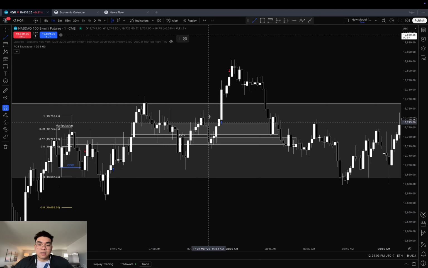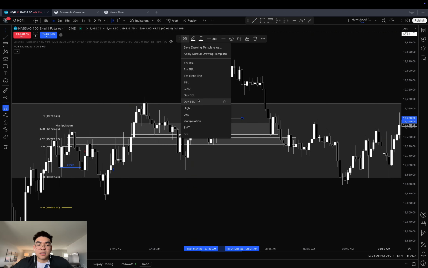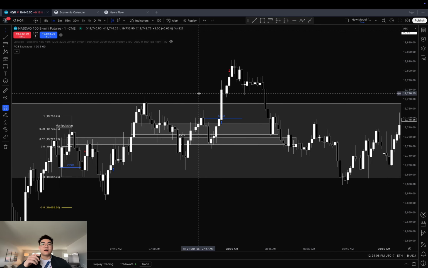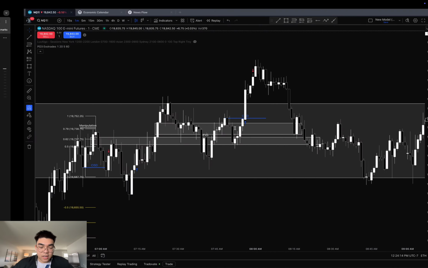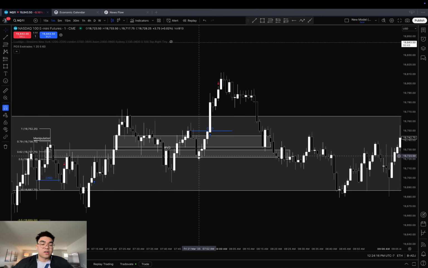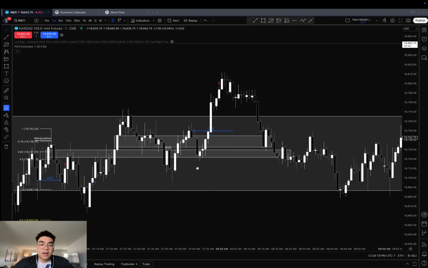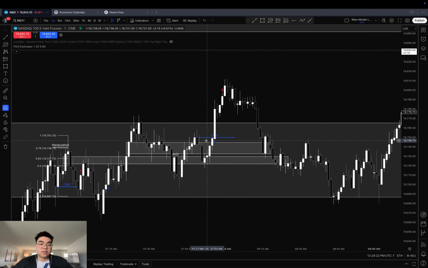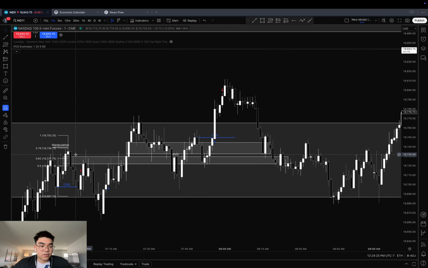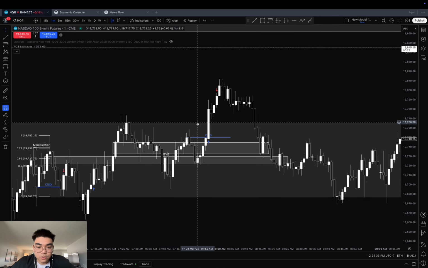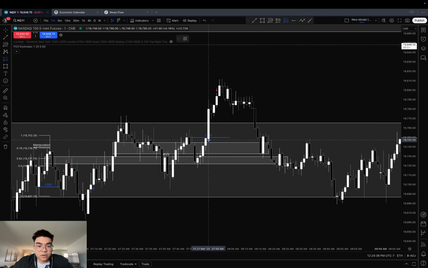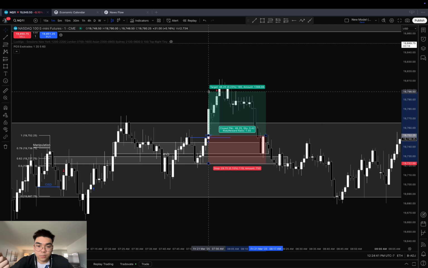I end up setting up a change of state right here and doing a different setup instead of the forever model, which is called the fair value gap, and basically where it would retest a fair value gap or inverse fair value gap like right here, and trail back upwards. So we can see here it retests this inverse fair value gap. That was an area of conflict for me based off my first trade, and it ends up rebounding up with strong momentum upwards. So I end up placing a long early round right here, aiming for a 40 point